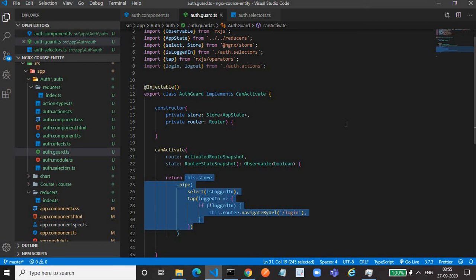And we can subscribe to the data from the store by using the selector functions, selector operators. Then if you want to fetch some data from the database, or if you want to store something in local storage or session storage, these are all side effects, then we have to make use of the effects concept in NgRx.